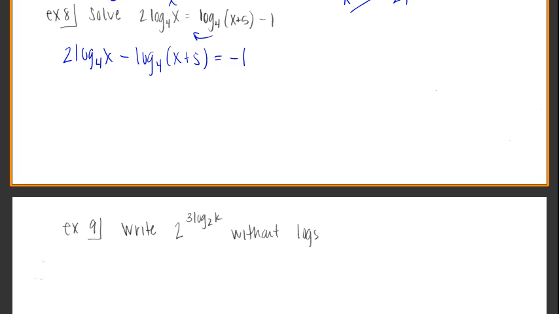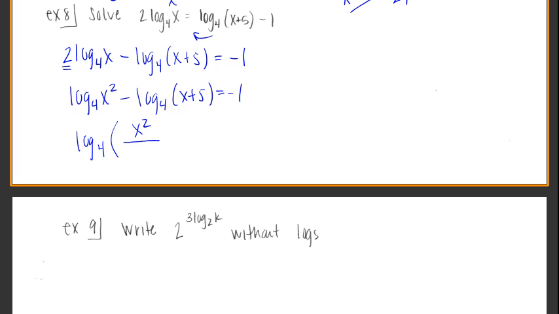Okay, I have a number in front of this log, so before I even combine them together, let me just write that as an exponent instead. Might help us out later. I've got 2 logs separated with a minus sign, so when I bring them together to make 1 log base 4,